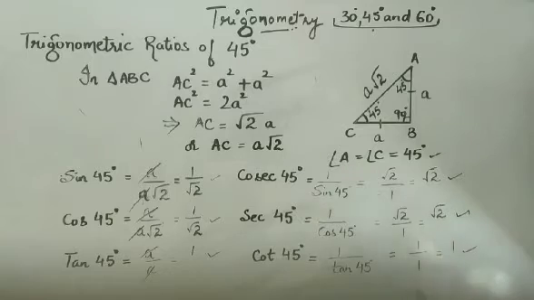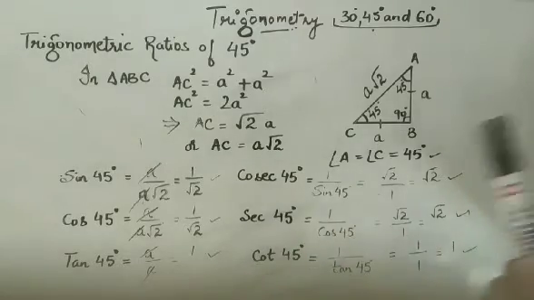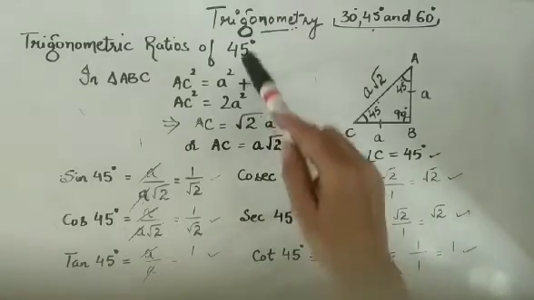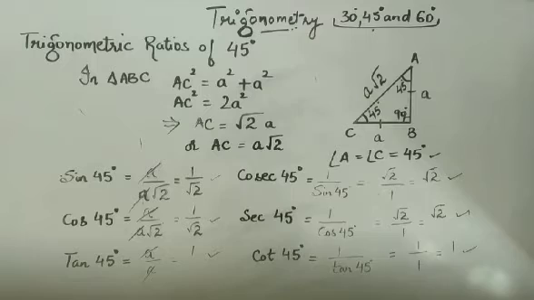You may be asked this question in paper, prove or give the geometric proof for say secant 45 degree. So you need to follow this complete procedure. After you find the value for cos 45, we reciprocate it, or straight away you can mention after finding the measurement for hypotenuse.